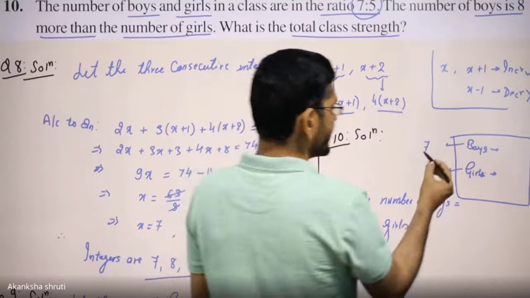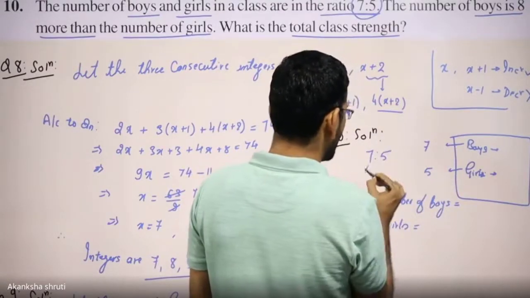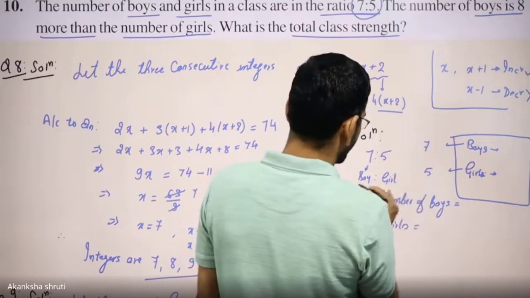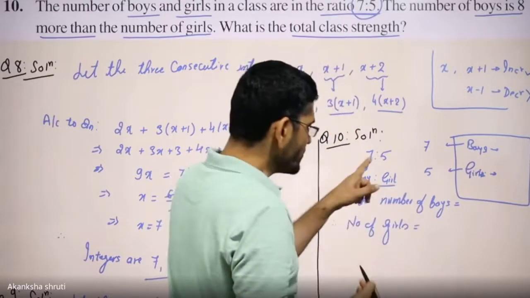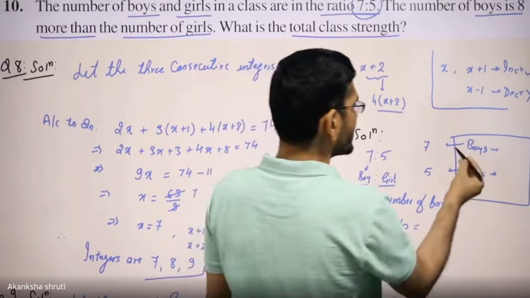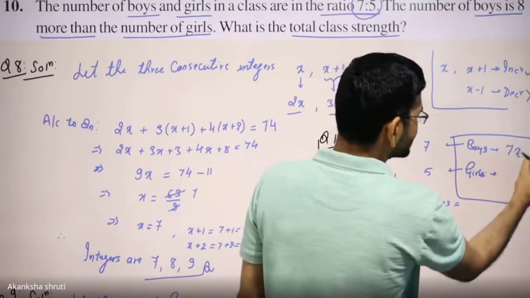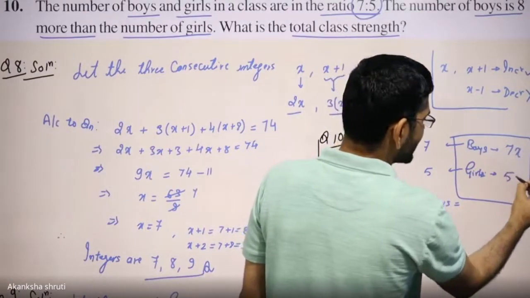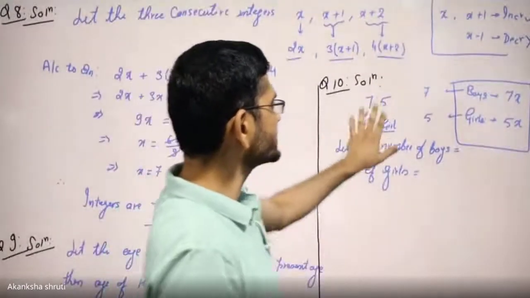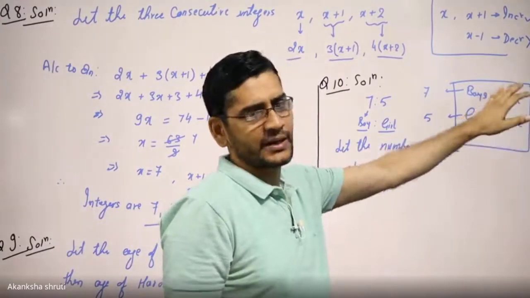So wherever the ratio is given as 7:5, it is boys to girls. So assume what is given for the boys, associate it with the x. Therefore, we shall assume the number of boys as 7x and number of girls as 5x. Then it becomes more convenient. So wherever the ratio is given, you just associate x in both. This method can be used in our earlier questions also.